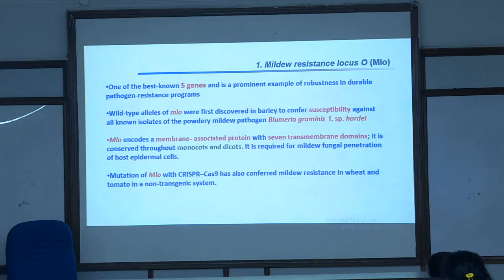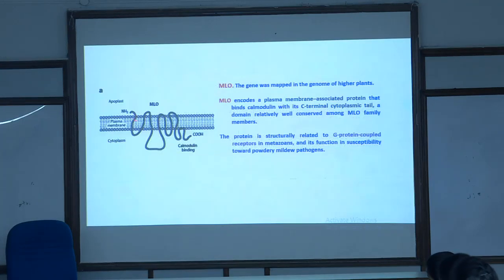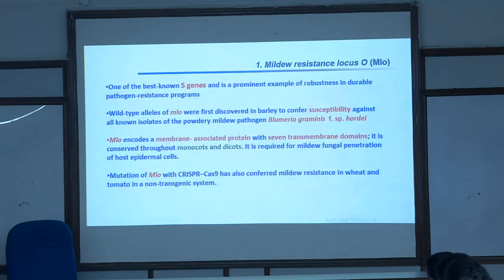The wild type allele of MLO was first discovered in barley to confer susceptibility against powdery mildew, that is Blumeria graminis, forma specialis hordei. MLO encodes a membrane associated protein with 7 transmembrane domains. So you can count there are 7 here. It is conserved throughout monocots and dicots, and it is required for mildew fungal penetration under the host epidermal